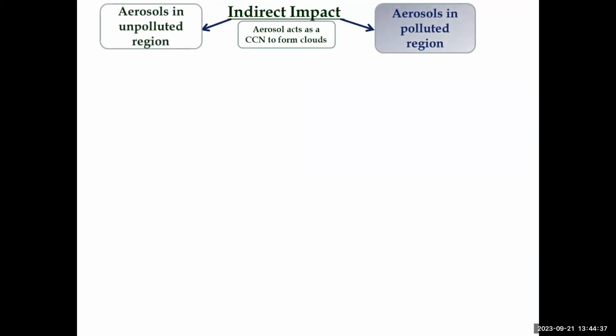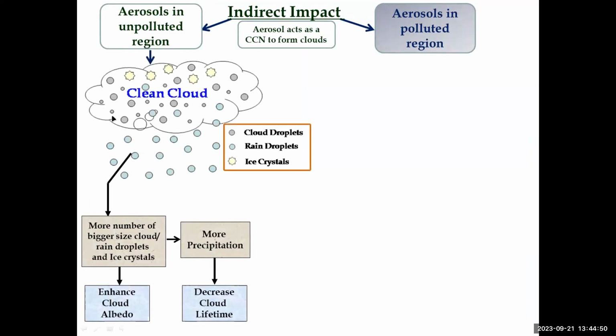Now coming to the aerosol indirect impact, where aerosols act as cloud condensation nuclei to form the cloud. Here I have considered two different cases of cloud. One is aerosols in an unpolluted, clean region, and the other is aerosols in a polluted region. First I'll discuss the aerosols in the unpolluted region. In that case, clean cloud will form with an abundance of cloud droplets, rain droplets, and ice crystals. More numbers of bigger size droplets, rain droplets and ice crystals will form. And because of their bigger size,